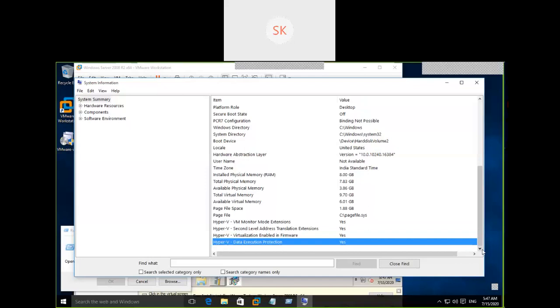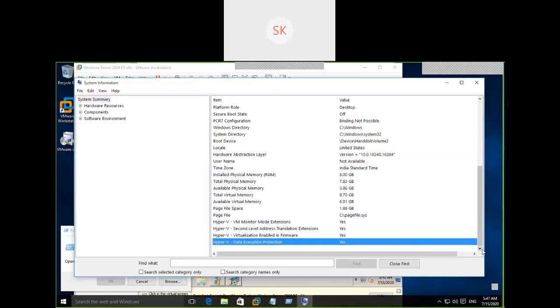Okay, if you get an error in VMware Workstation or while creating a virtual machine, saying this motherboard doesn't support it, then what you need to do is go to the BIOS setting. While powering on the system, you need to press F1 or F10 or the Del key to enter the BIOS setting, wherein you go to processor settings. Under processor settings, you will find hyper virtualization technology or VT or virtualization.